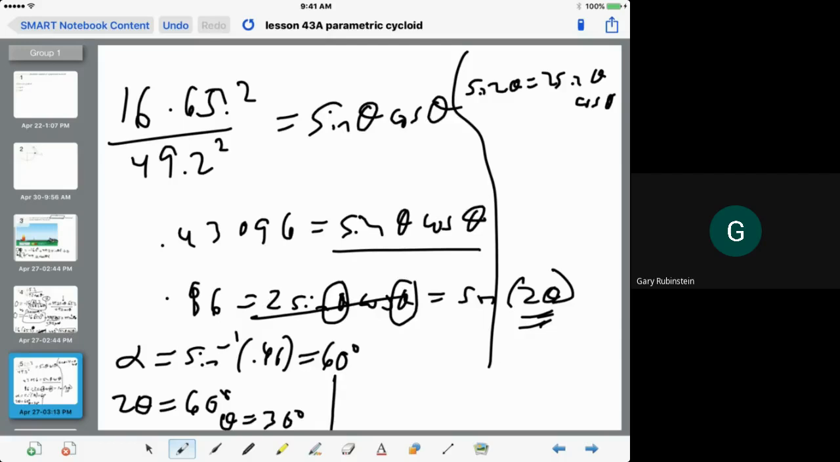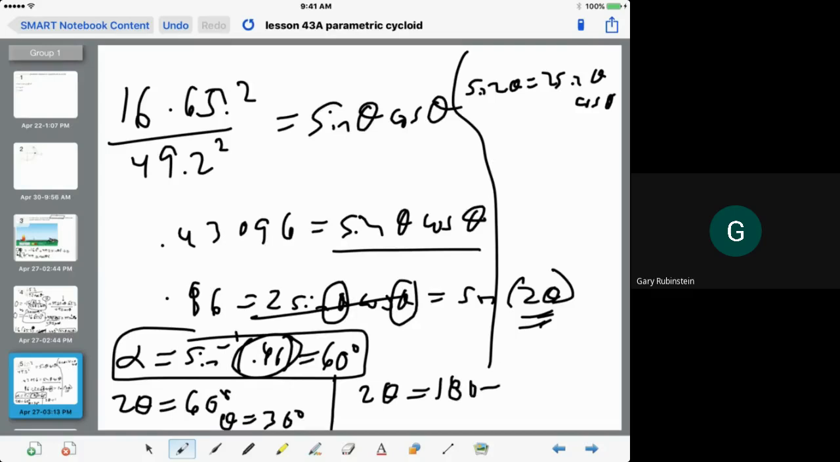There's a little step that I left off. 180 minus 60, that's right, because when you have the reference angle, sine is positive in quadrants 1 and 2. So 60 is the reference angle, so 2 theta is either 60, because this 0.86 was positive, it's quadrants 1 and 2, so it's 180 minus 60, which is 120, and theta equals 60 is the other answer. So there are 2 answers to this question,